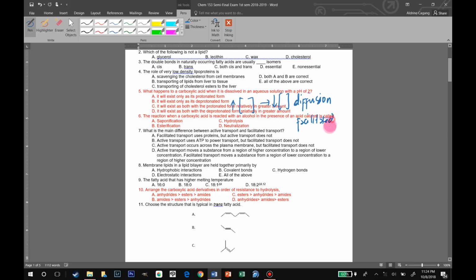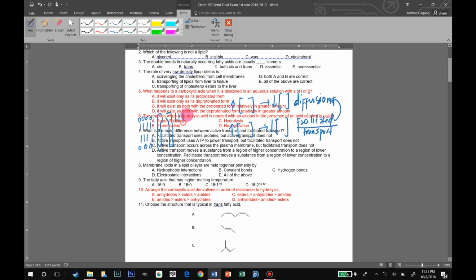Facilitated transport. This one is simply diffusion, but it is being facilitated by proteins across the membrane. So this one occurs again from a region of higher concentration to a region of lower concentration. Difference here is that this one uses proteins. Recall our discussion with the lipid membrane. If you have a lipid bilayer structure, certain